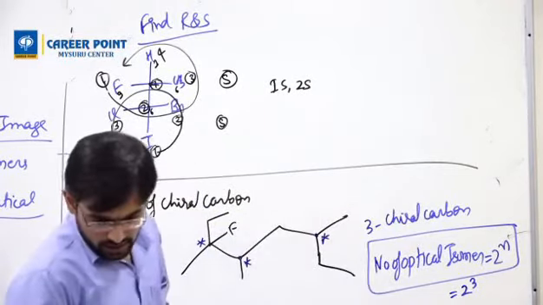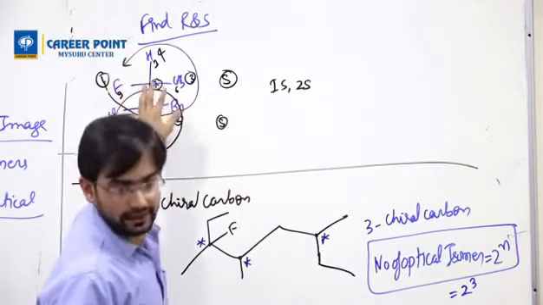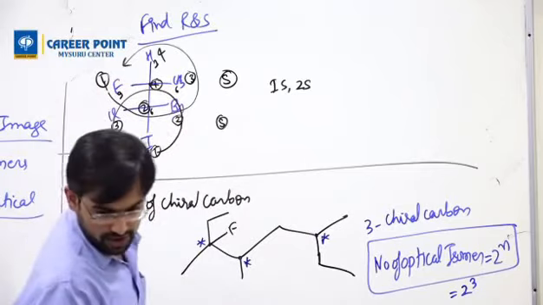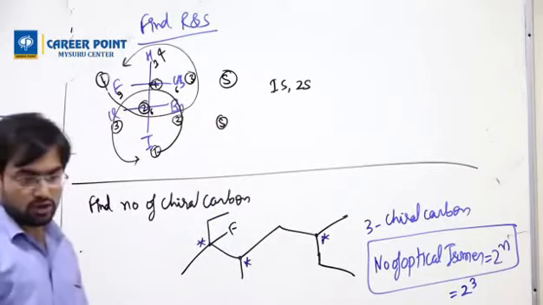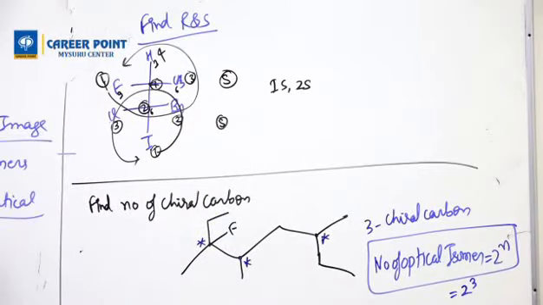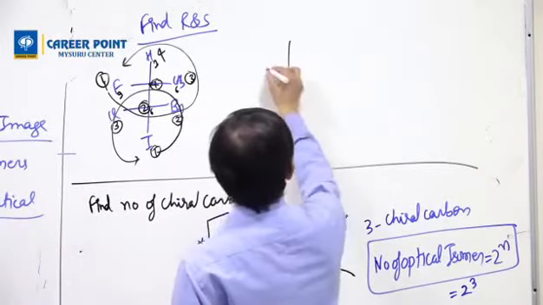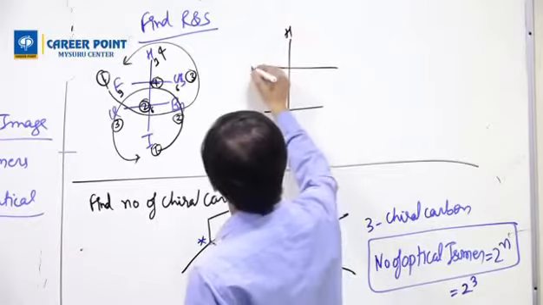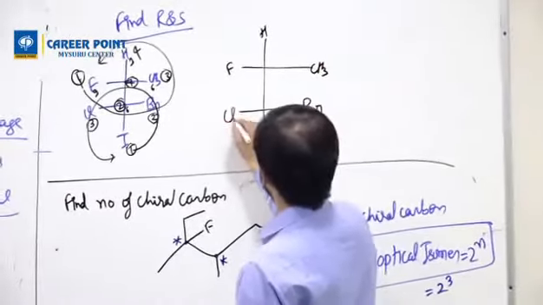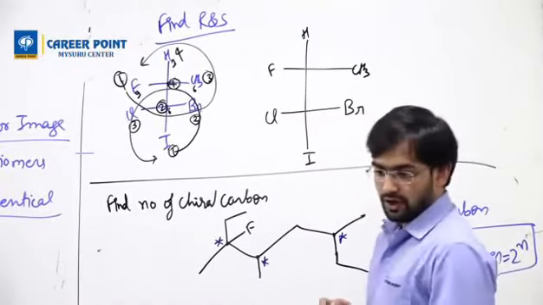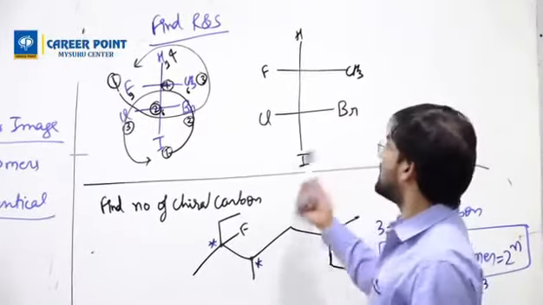Okay, right. You people were asking me how to decide priority here, right? That was your question, and in the previous video we missed it. You are having doubts about how to get this priority, so I'm going to do that question one more time, so you see how to do it priority-wise. Concentrate here. This is the last question for our class. F, CH3, Br, Cl, I. This is the priority they are asking about: which is R, which is S.